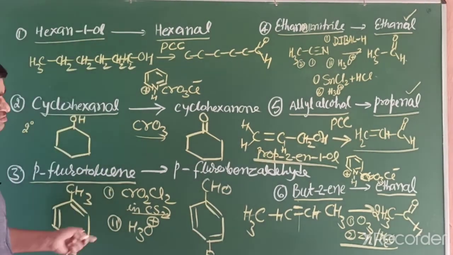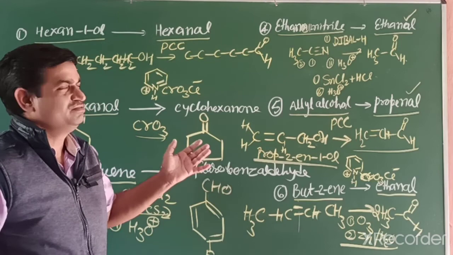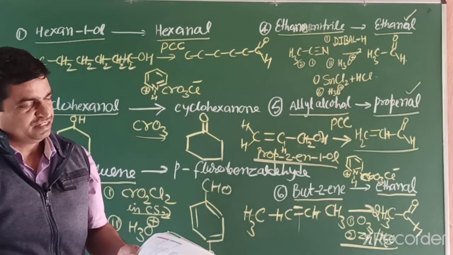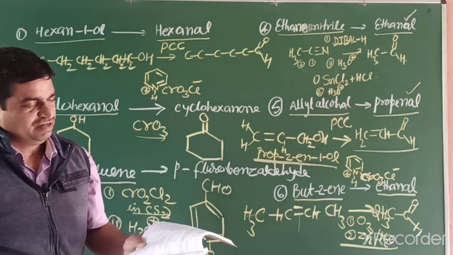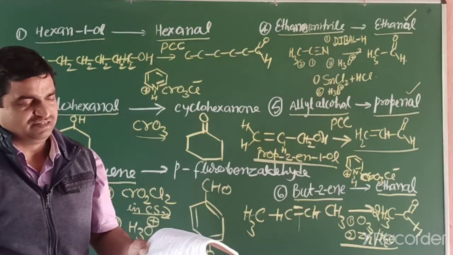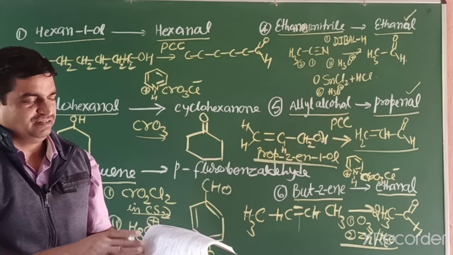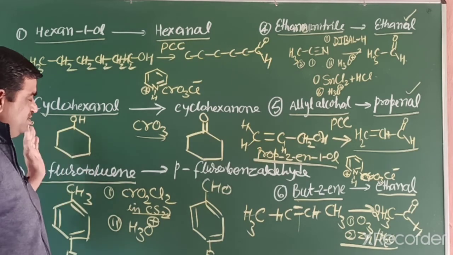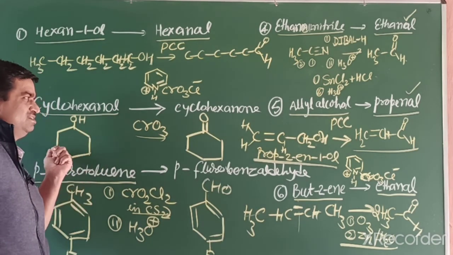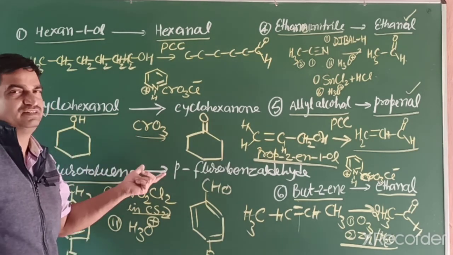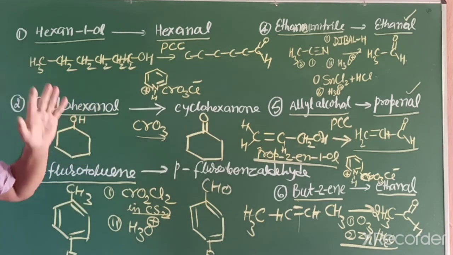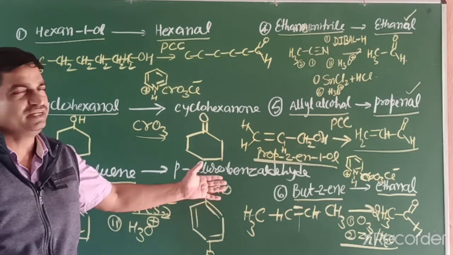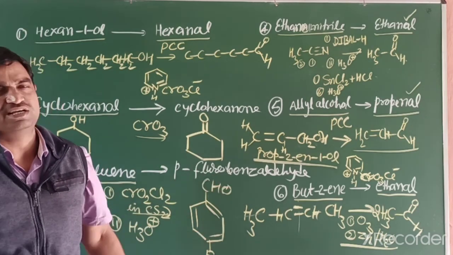So students, in this way you can do different conversions. Many more conversions are also written in your NCERT book, like using acyl halide, Etard reaction, and all the reagents are written. In such types, either the reagent is given or you have to write the product with reagent, given the reactant. Such types of reactions are very important in aldehydes and ketones. Definitely you will get 3-4 marks using such conversions.